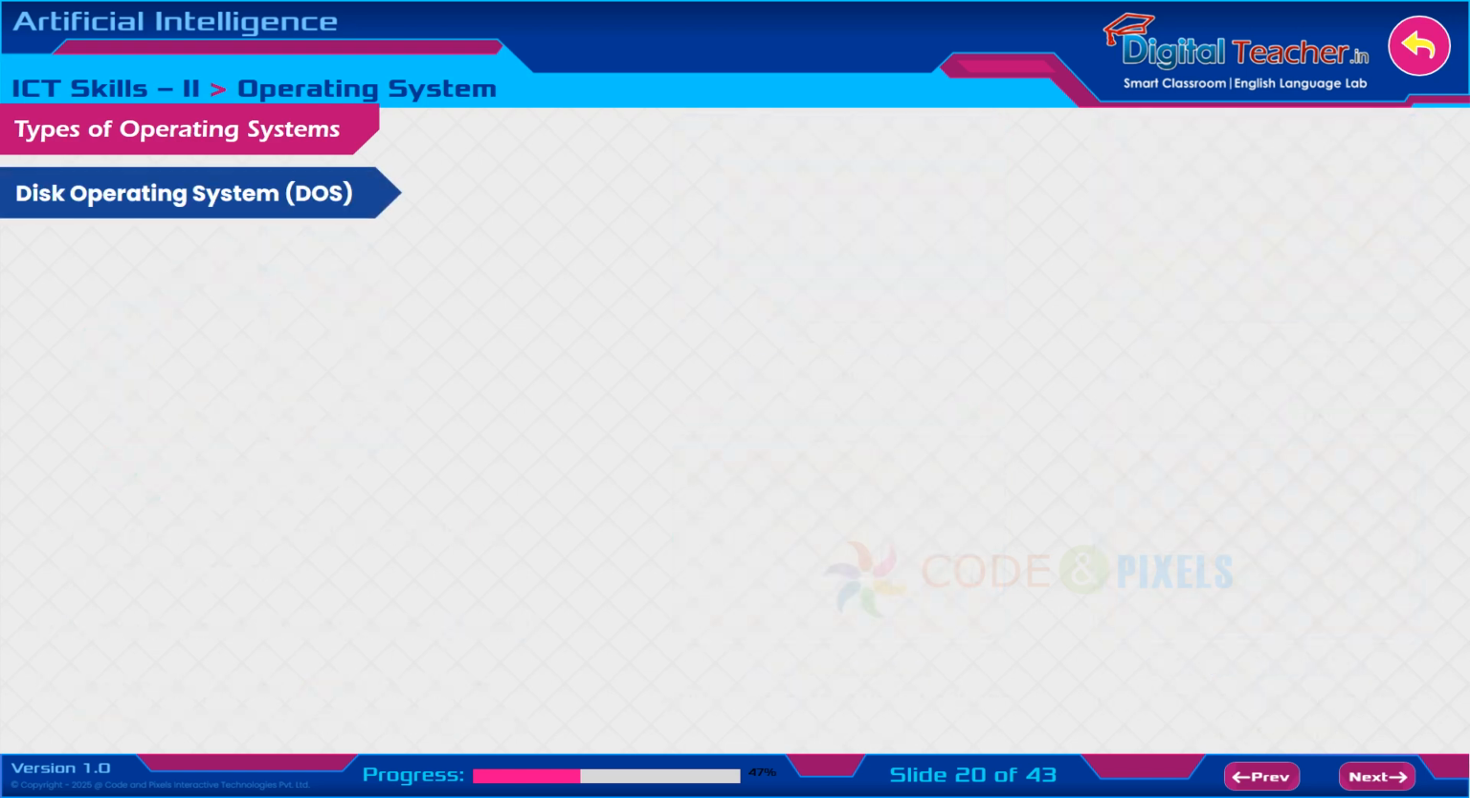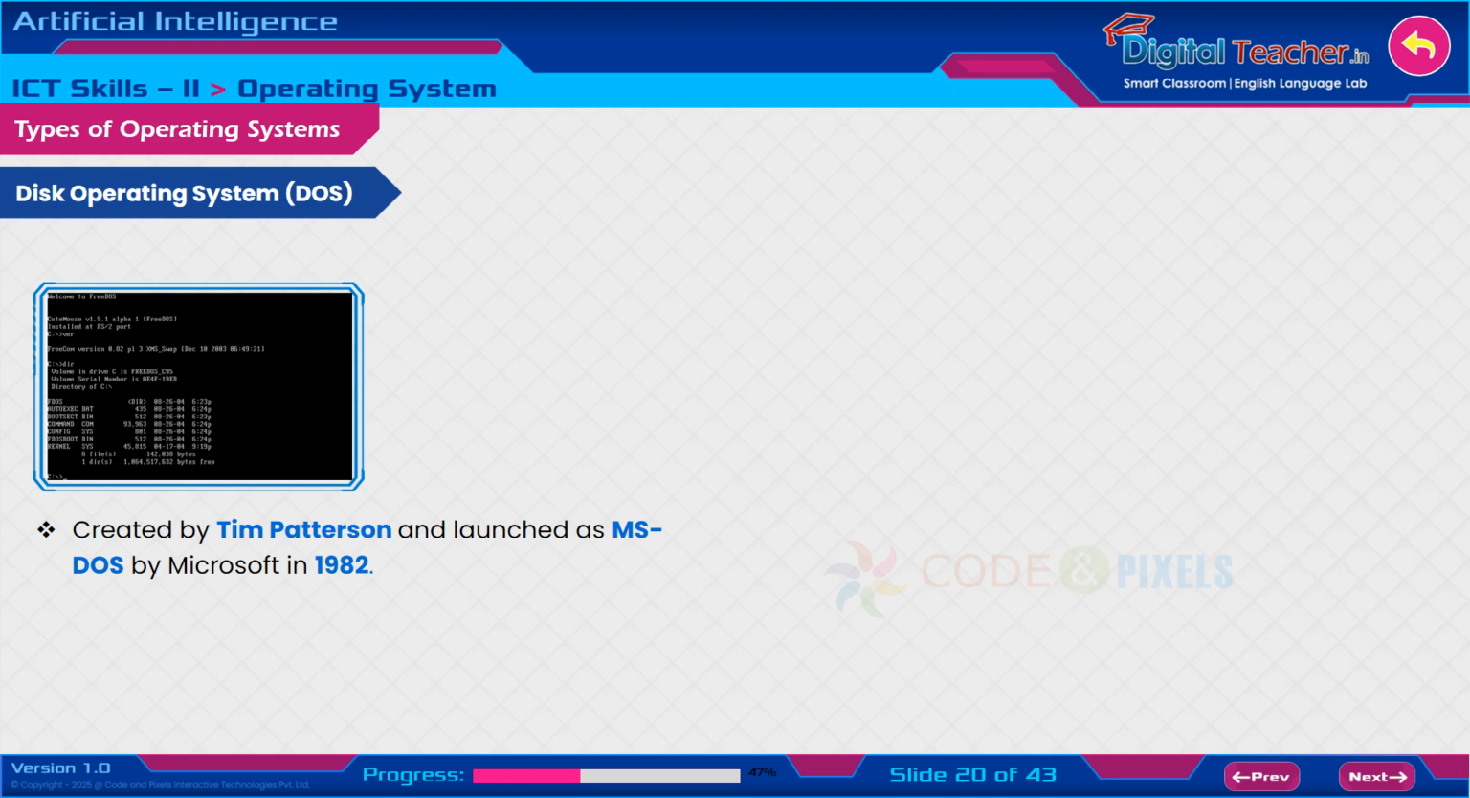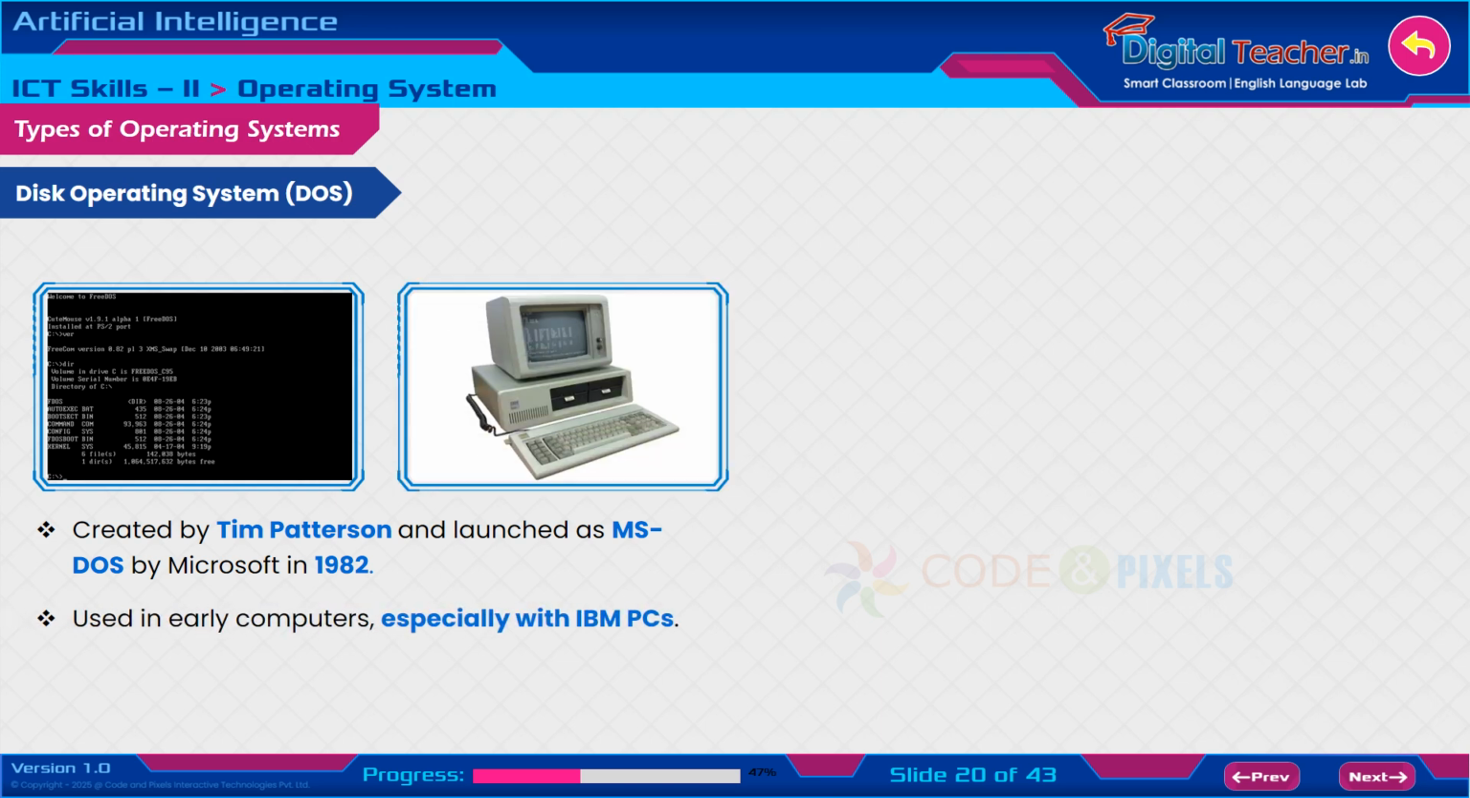Disk operating system. Created by Tim Patterson and launched as MS-DOS by Microsoft in 1982. Used in early computers, especially with IBM PCs. Some important features are: